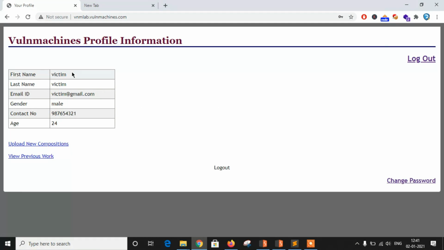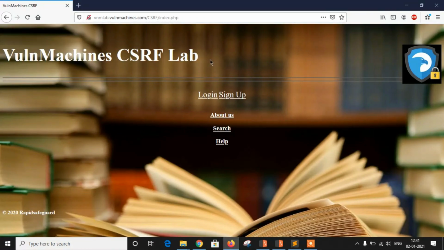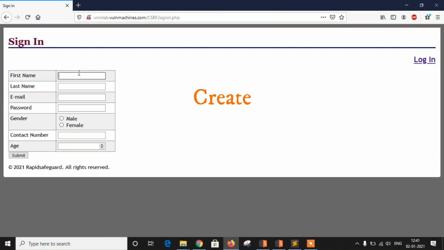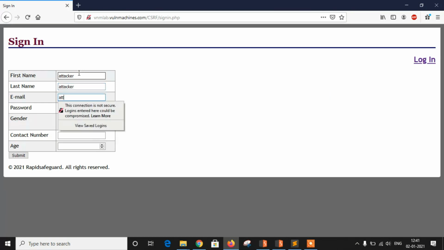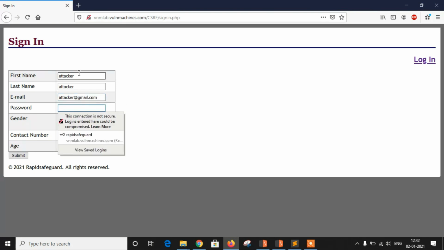Now let's create an attacker's profile. I'm creating the attacker and giving the password.